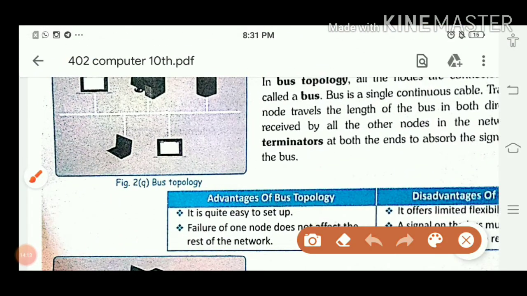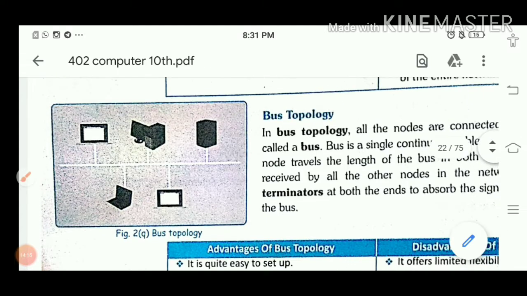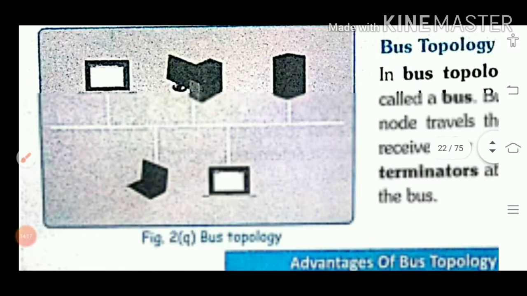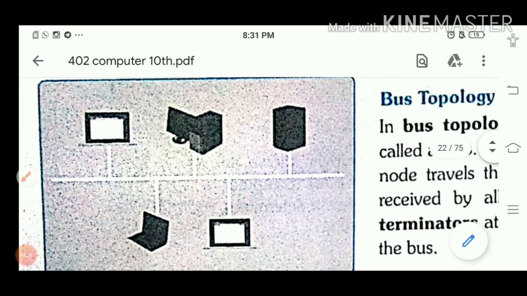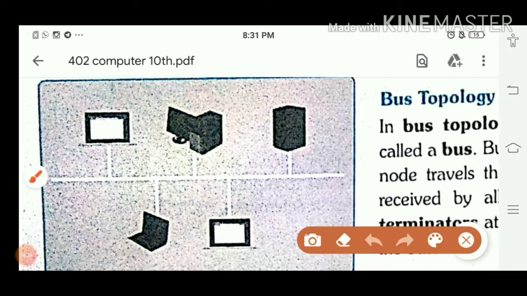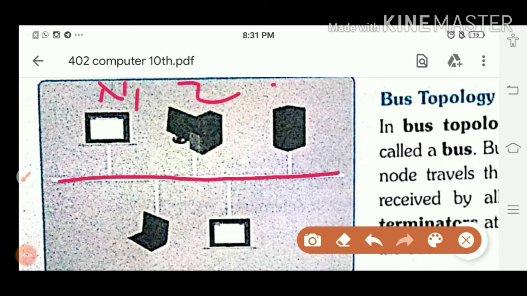Bus topology, as its name suggests, in this what happens? This one is your bus. Here we are using one central network. This one is the central bus network. Suppose this node is there and this node wants to share the data with this computer, this PC. ठीक है. This one is your bus. All the nodes, this one is node 1, node 2, node 3, node 4 and node 5. All the nodes are connected to this central device.